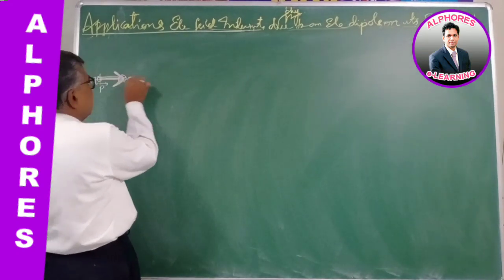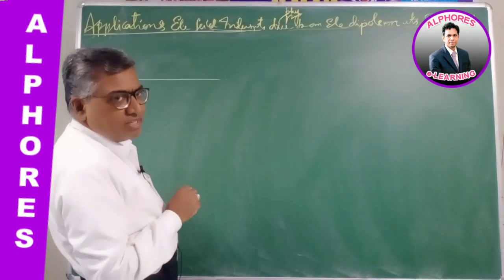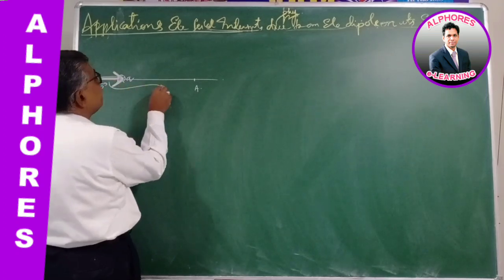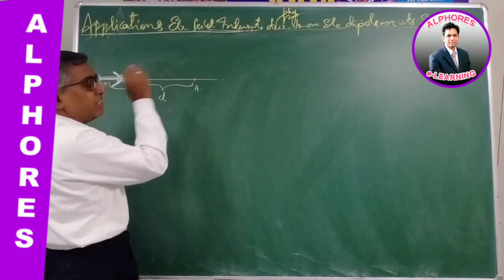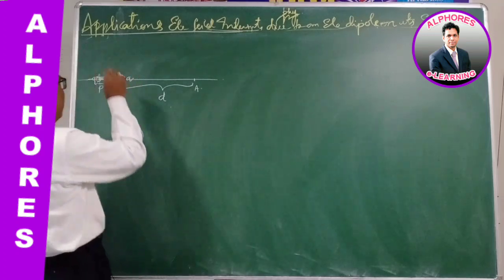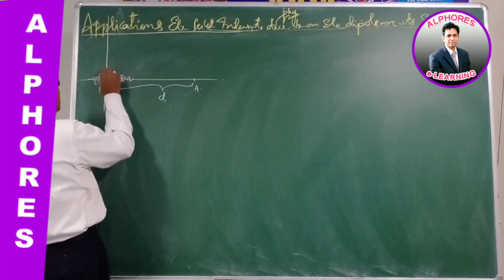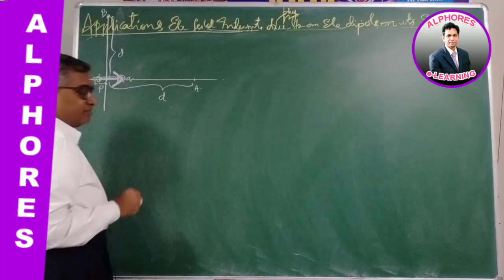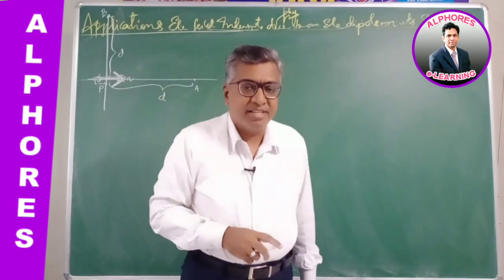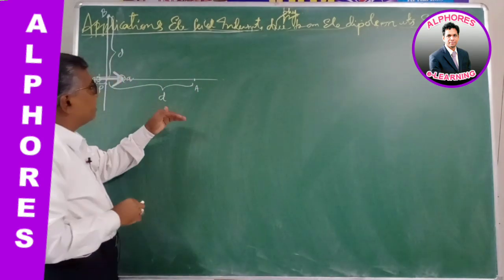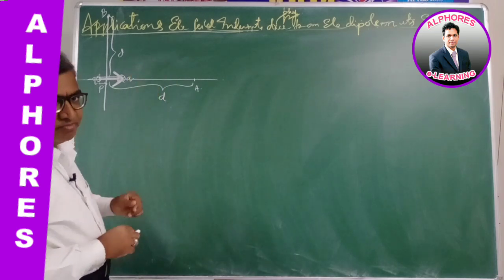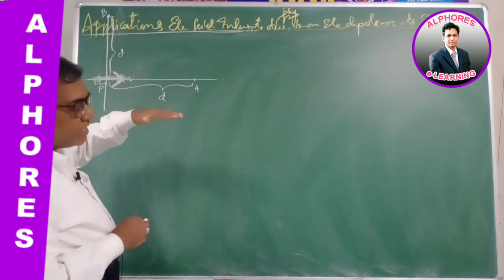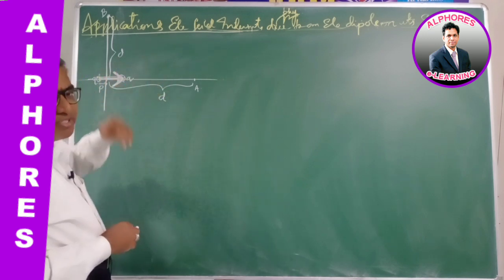The question says there are 2 points regarding the short dipole. The first point A at a distance d on the axial line of the dipole. Second point B at the same distance d on the equatorial line of the dipole. The question is, what is the ratio of the electric fields due to these two, if the first point is on the axial line and the second point is on the equatorial line?